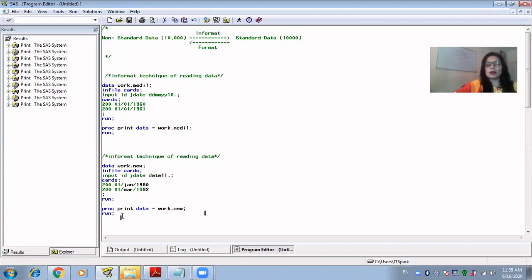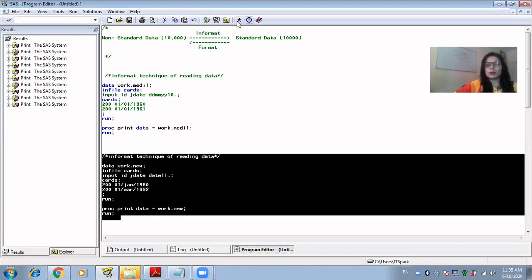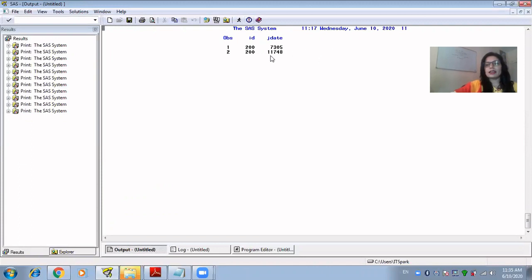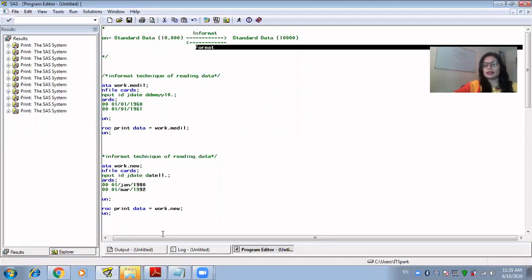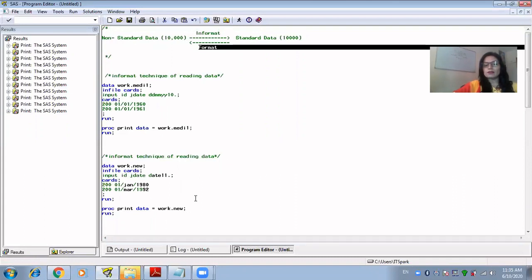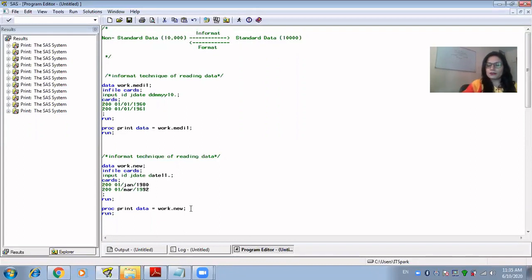So let's say now we are able to read this data using SAS, and now I want this date to be converted as the non-standard one. So how will I be doing that? As I said, we'll be using format to convert standard to non-standard. So where do we write the format step? After the print procedure, you can write it in data step and proc step both. But here I am starting with the procedure step.